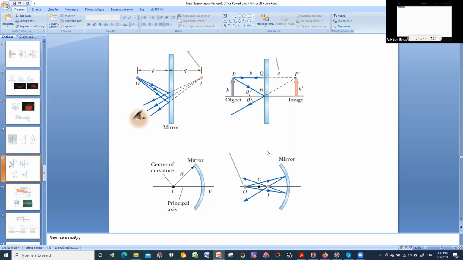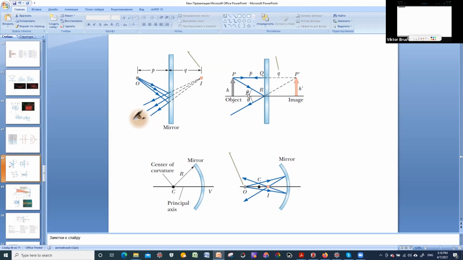So in this particular case, on the right side, we have some object with a height h at some distance p from the mirror. Then we can consider just one highest point of this object, which is point P, and consider two rays. One ray goes perpendicular to the surface of the mirror, and another will go at